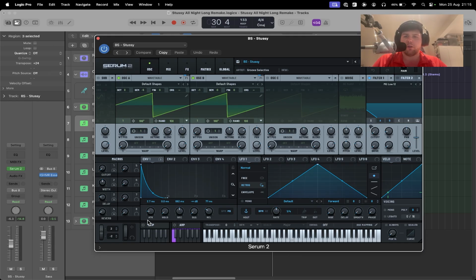Moving on to envelope 1, I've got the attack set to 2.7 milliseconds, the decay time set to 882 milliseconds, and the release time set to 77 milliseconds. Make sure you turn your sustain all the way down so it's plucky. And then envelope 1 is routed to my cutoff filter, and I've set this to MG low 12, and the